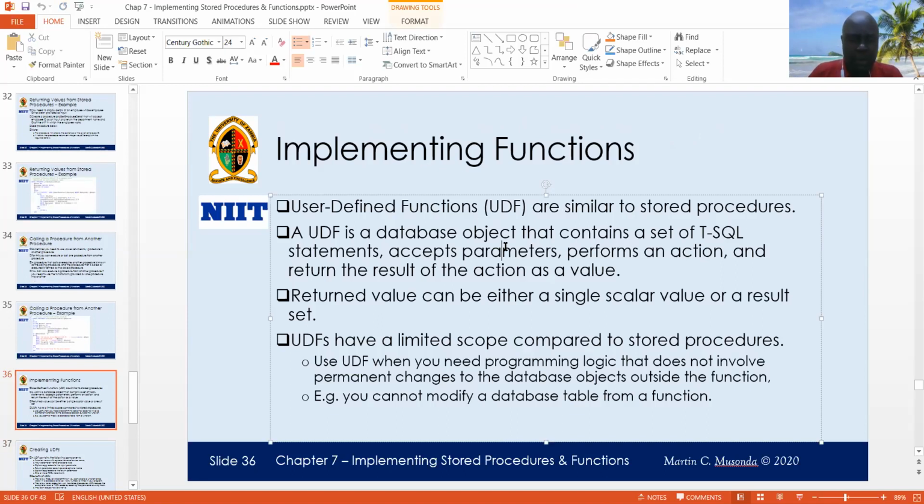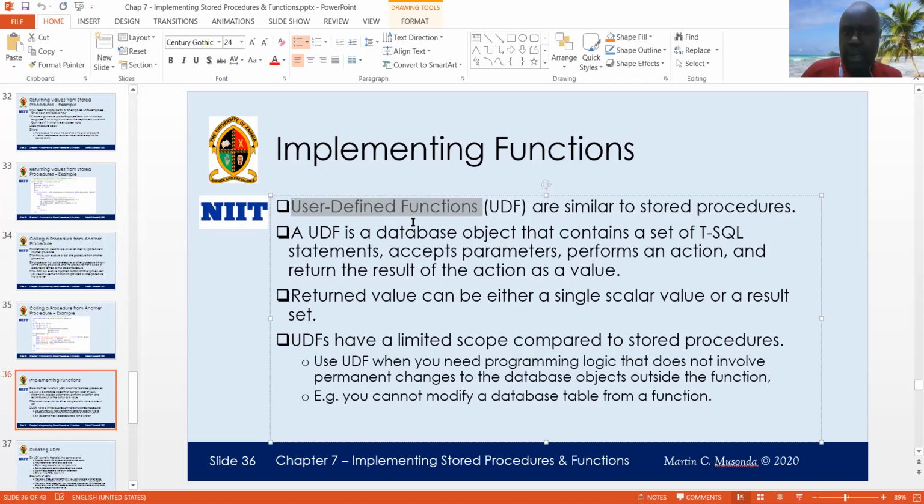Okay, the last part of this is to do with functions. Now, do not get confused here. We have looked at some functions such as sum, count, and so on. Those are system functions. They come as part of the SQL standard. But you, as the programmer or as a database administrator, can create your own function. These functions are the ones which are referred to as